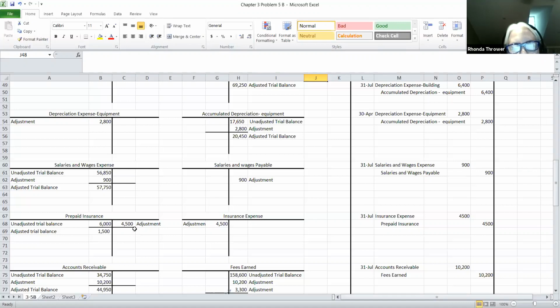That's our adjustment that we would make to our prepaid insurance account. Our prepaid insurance is a type of deferred expense. A deferred expense is another word for prepaid accounts. So if we had prepaid insurance or prepaid supplies or prepaid rent,